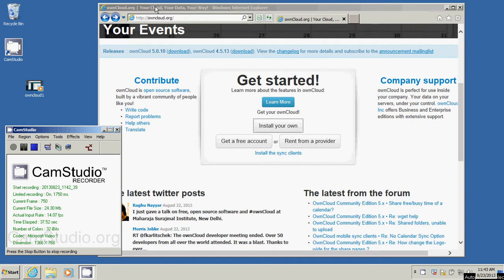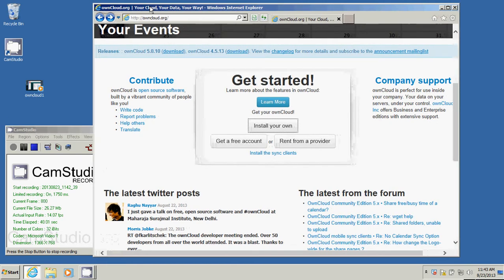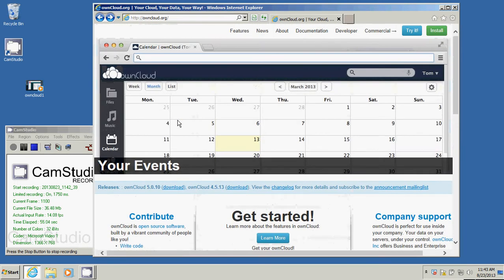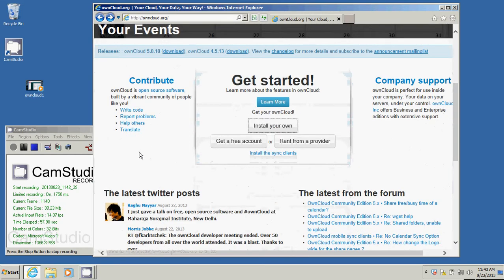So the way you install owncloud is pretty straightforward. You open up a web browser on the computer that you want to install on, and then go to owncloud.org, and you'll get this kind of ugly page. And in the middle of the page there's a small link that says install the sync clients. So you want to click on that link